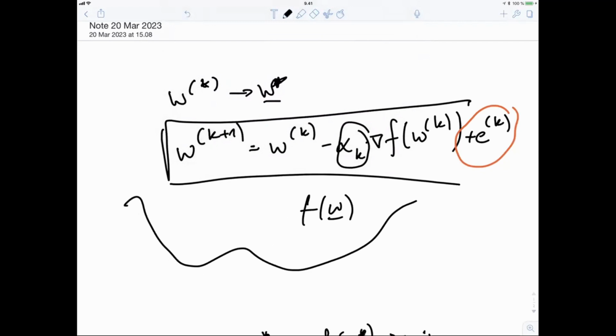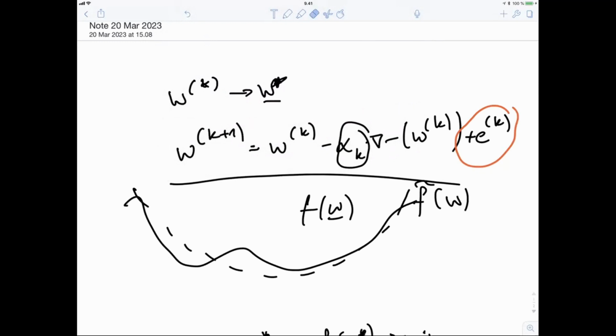So you could say I approximate my non-convex function by some approximation of a nice smooth convex function, and then you could say the gradient that you compute of the non-convex function is actually the gradient of the convex function plus some error term. So you can then still use the analysis of gradient descent for convex functions. So this is a pretty neat use of perturbed gradient descent, in order to make your analysis easier of a more difficult function.